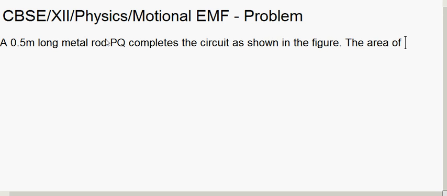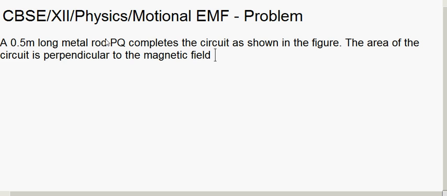The area of the circuit is perpendicular to the magnetic field of flux density 0.15 Tesla. If the resistance of the total circuit is 3 ohm,